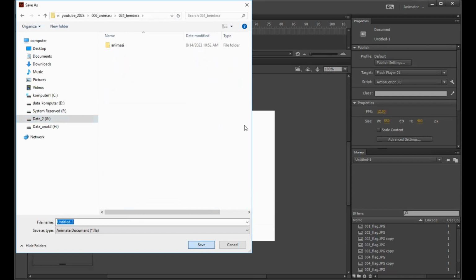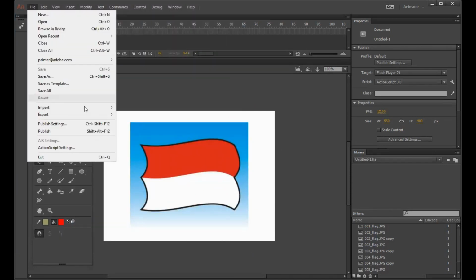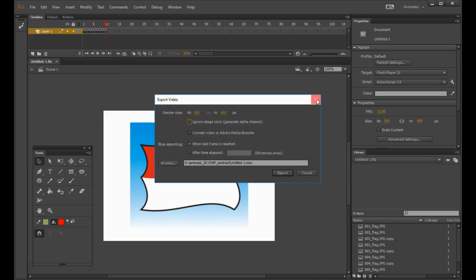Okay, now make it frame by frame and then export to GIF. I will export first. Sorry, that's the move.